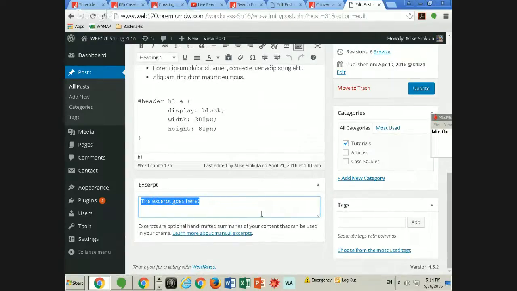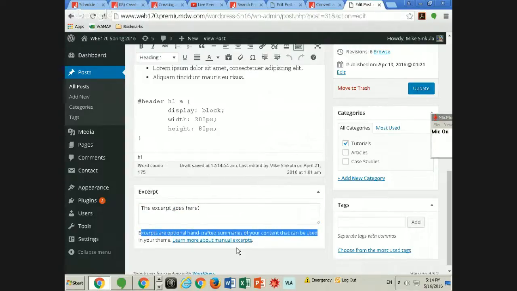Well, what are excerpts? Excerpts are handcrafted summaries of your content that can be used in your theme. Okay, so this right here really tipped me off to metadata, search engine optimization, right? Because what we want when we are doing search engine optimization is title tags that represent our content in a very search engine optimized way, meaning what we learned